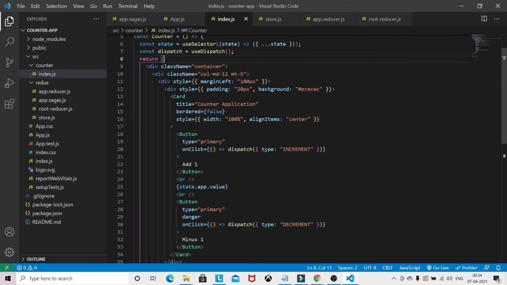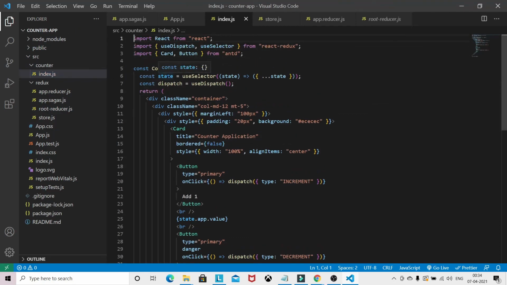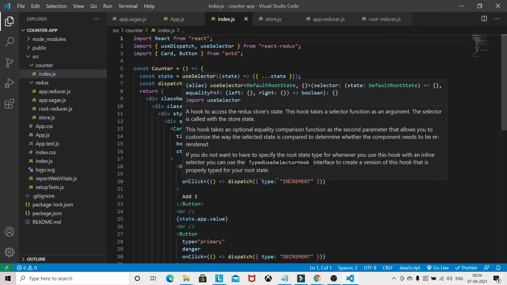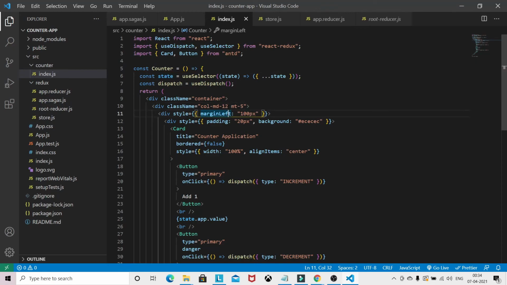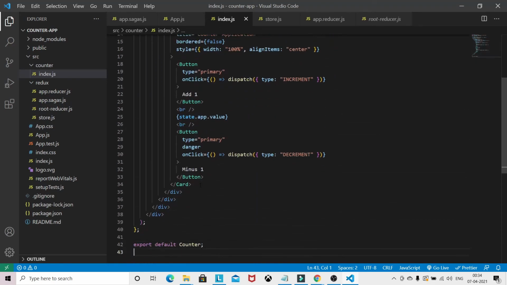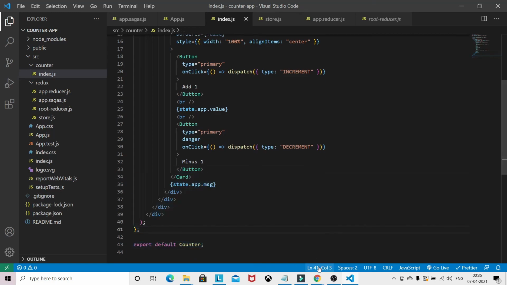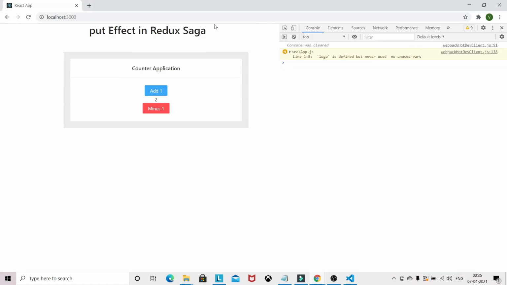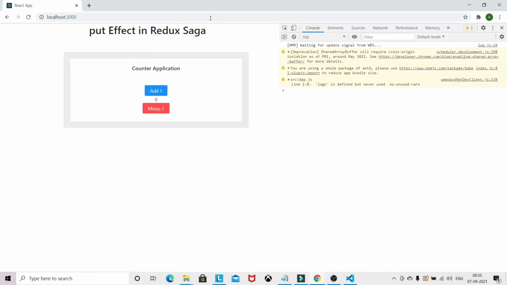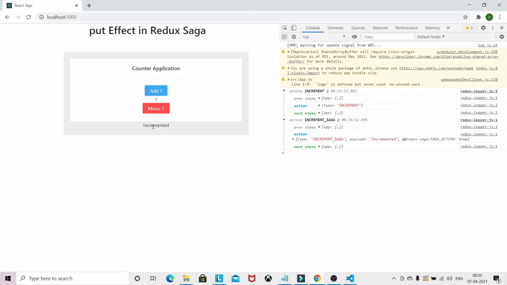Here you can see I am already getting the state using useSelector. So I will put something like state.app.message. Then I go to the application, refresh again, and click.